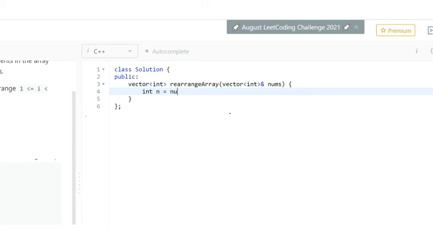We will store the size of our nums vector in n. Now we will form a new vector: vector int new vector of size n. Now we will sort our given vector.